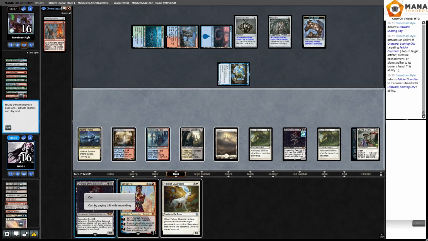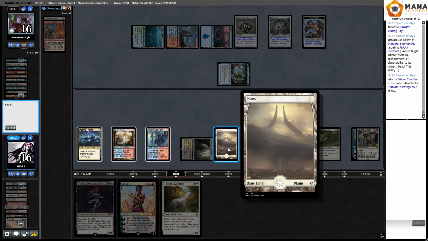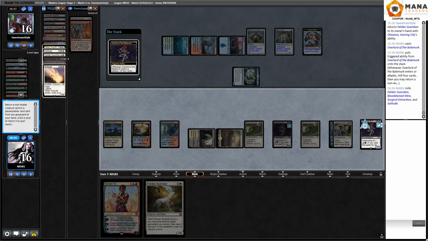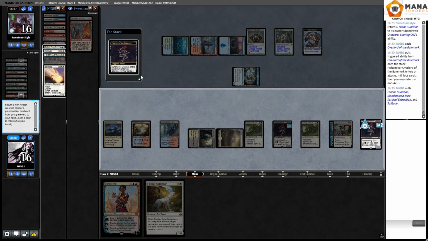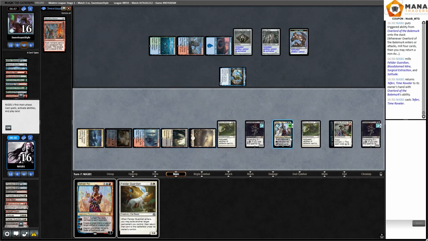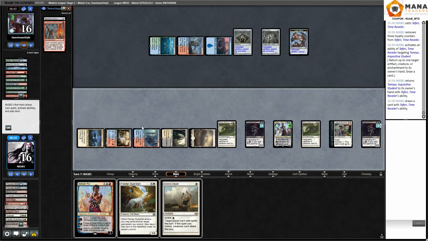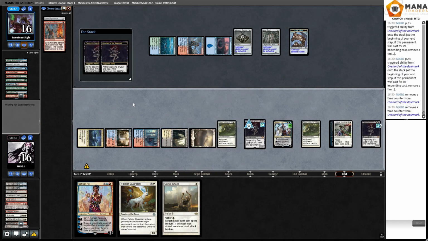Could Impend. Yeah, I think we'll do that instead. Return. Oh, we can return to Fairy, which is nice. Or Solitude. Let's do to Fairy. And then we'll just bounce Tamiyo. Okay, that's pretty good. Maybe we should have gone for the combo there, but